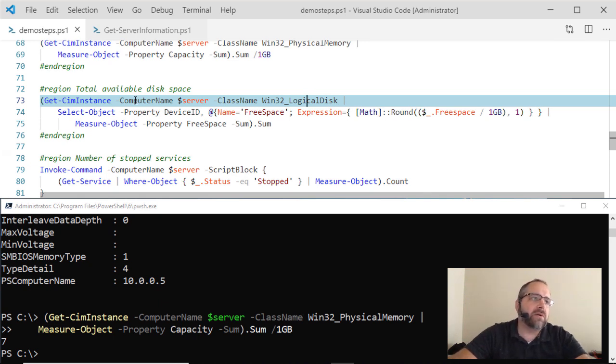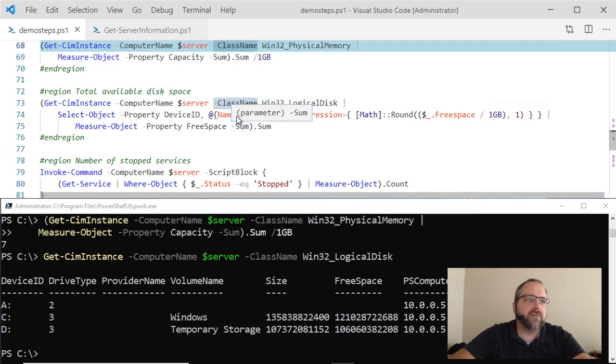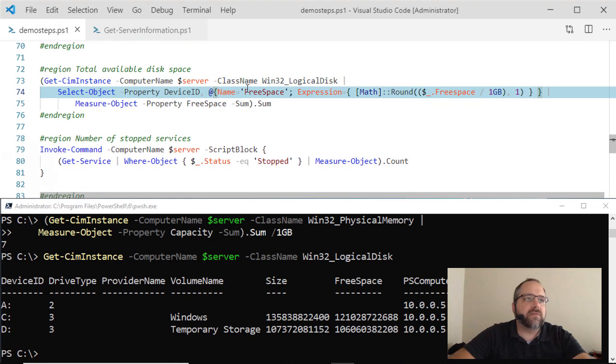And this time, I'm not going to go through this process that much, but I am using a concept called calculated properties. So you'll see whenever I run this, I'll show you some of this output. You see that I have different devices or different drives, drive types, volume name, and the sizes. I want size. So what I've done here is instead of doing the same thing up here, I've taken a different approach. By specifying the free space, I'm actually defining my own free space property here because there is not a free space